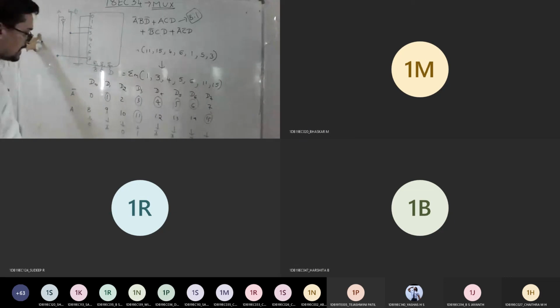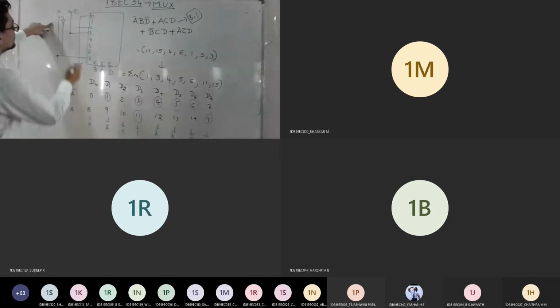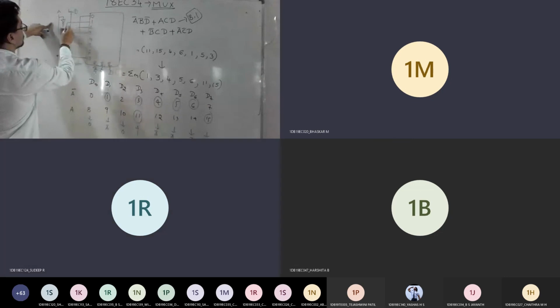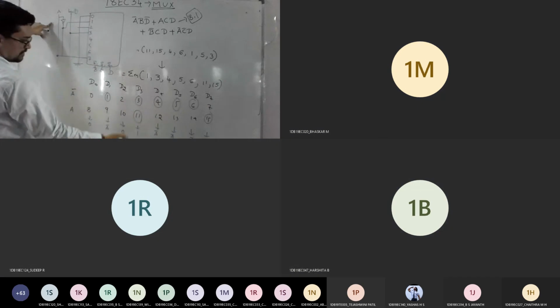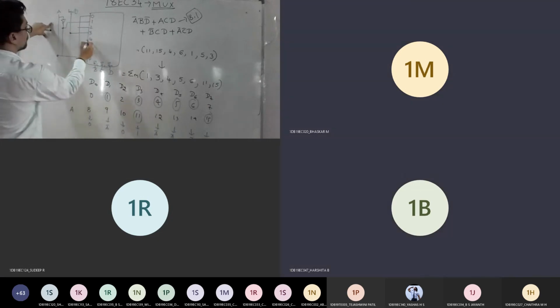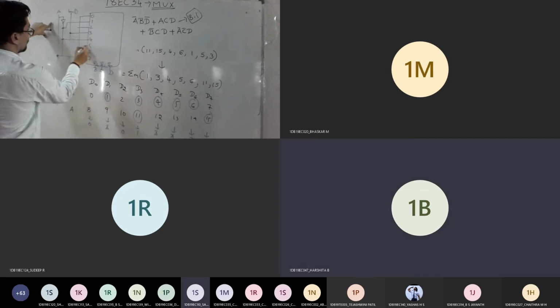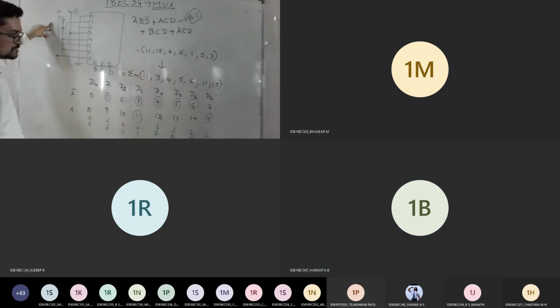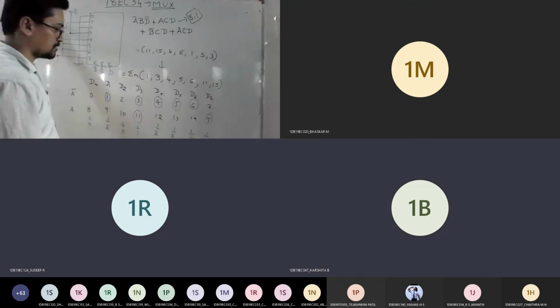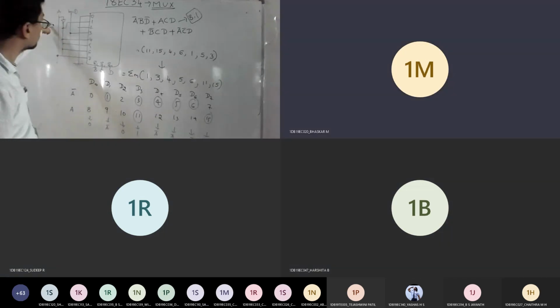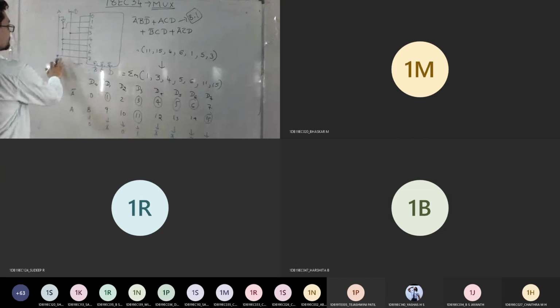Okay? Then how many A bars do you have? So it starts from D1. 1, 4, 5, 6, sir. So 1 is there. Then 4 is there. Then 5 is there. 6 is there. 7 also? No, sir, it's only A, sir. 7 is only A. Understood now? Is it fine now?